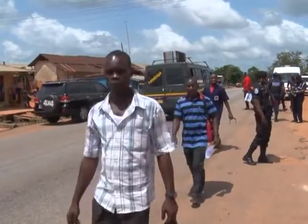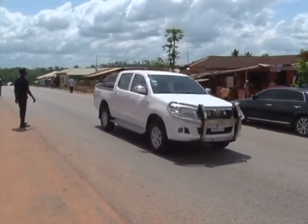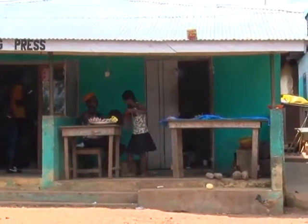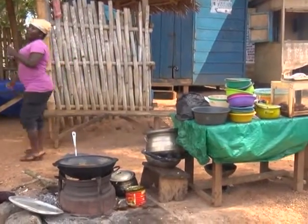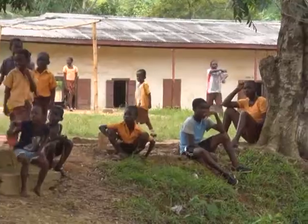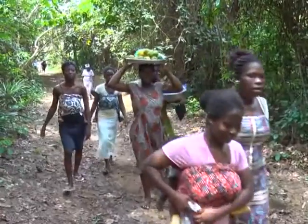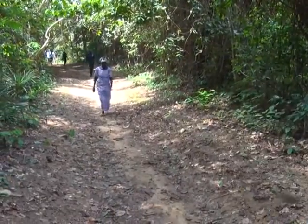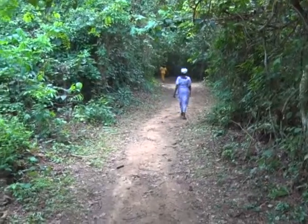Manso, a small village in the Cape Coast, central region of Ghana, is just like any other African village, but is far more important in the history of the Atlantic slave trade with the Europeans. This village, with its simple inhabitants, happened to be the very epicenter of the slave trade between the 16th and